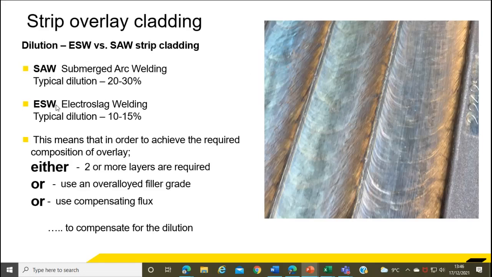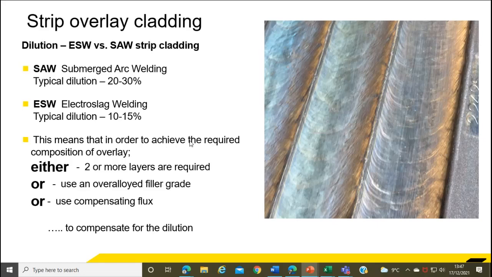So the big difference with electroslag welding, by virtue of the way that the filler metal is melted and the surface of the base metal is melted with the electrically heated slag, is that its dilution is half that of submerged arc welding. So, taking dilution into account, in order to achieve the chemistry, you could possibly need at